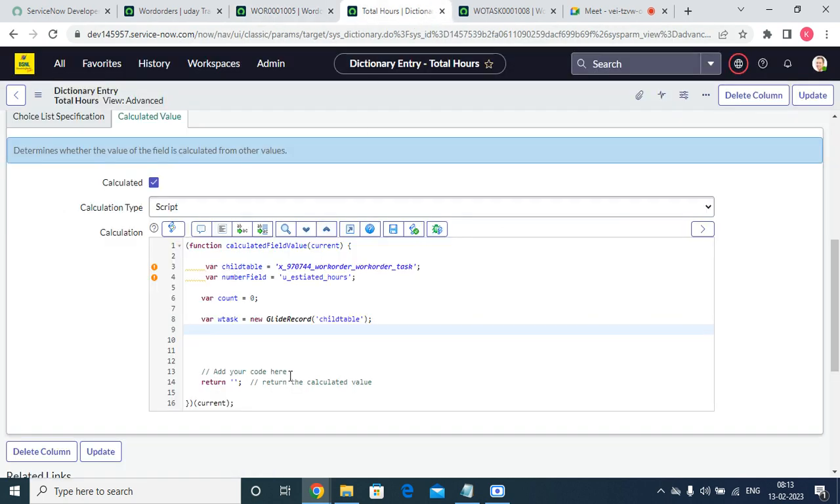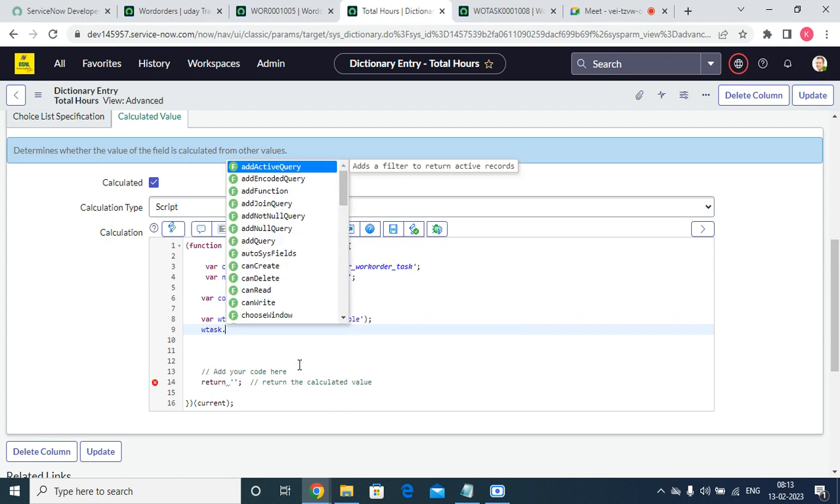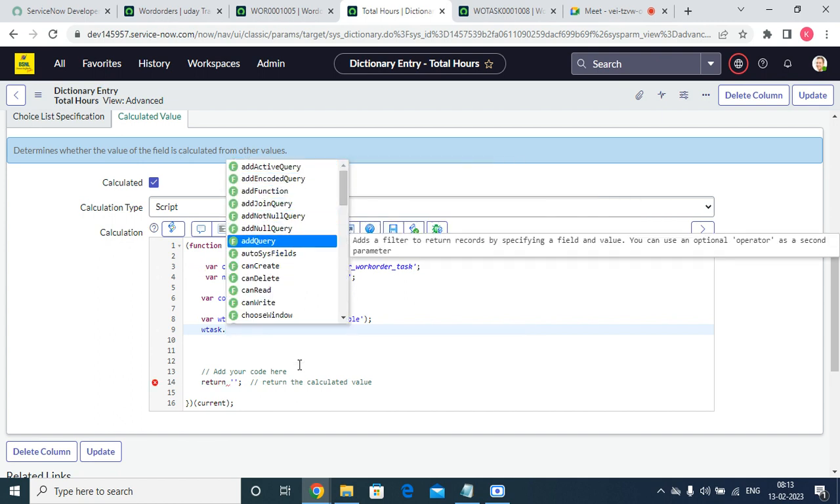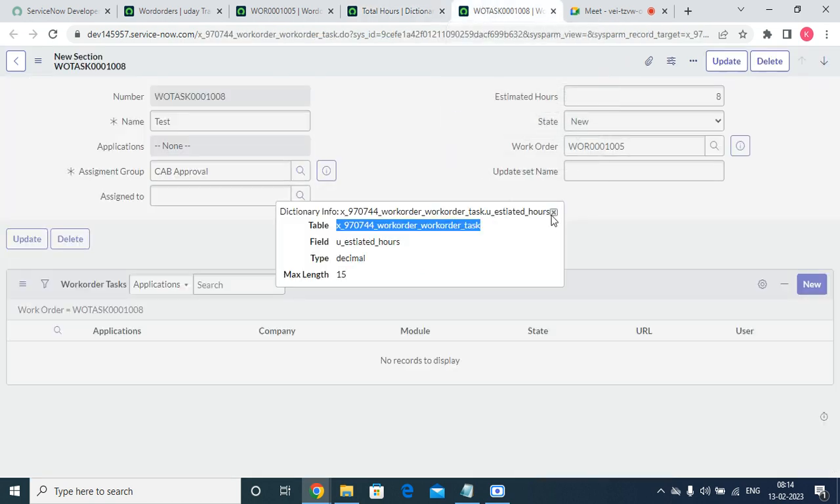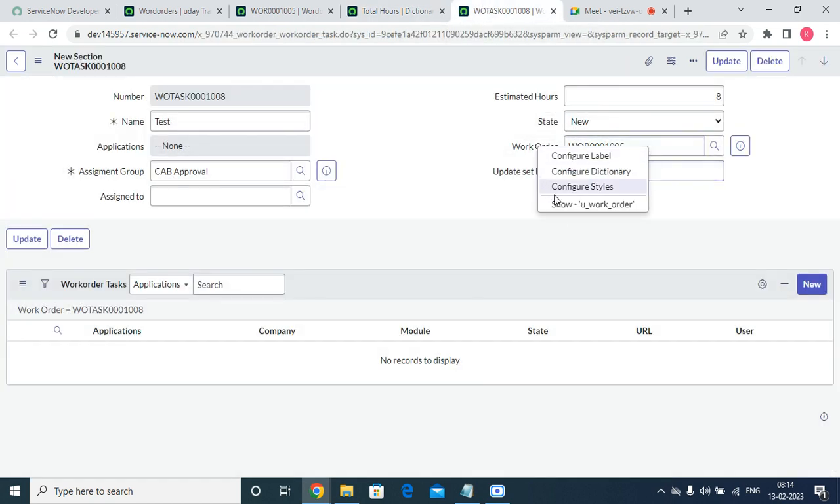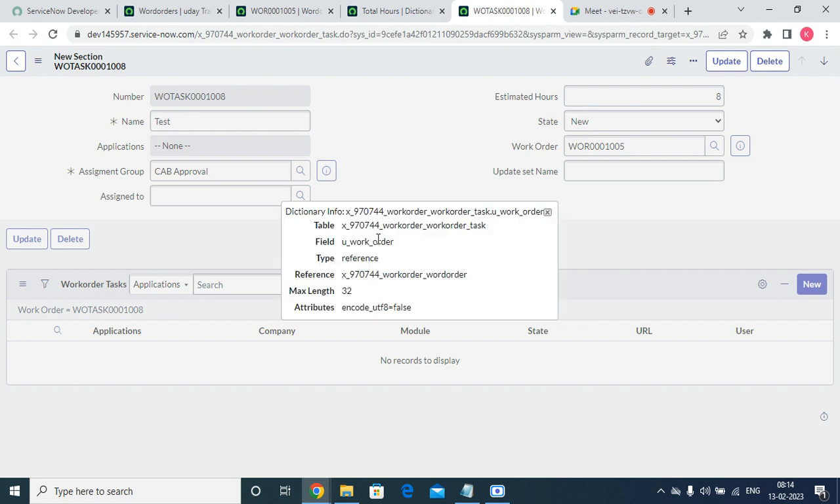If you want to fetch this information, we have an option called addQuery. AddQuery adds a filter to return the records by specifying the field value. You can use an operator as a second parameter. So now how can we do it? What is the parent field here? This is the field which you are referring to from here. So for that, we can write work order as the field name,